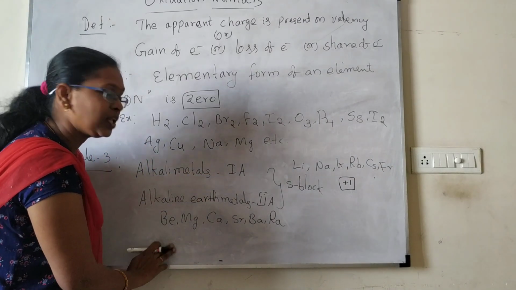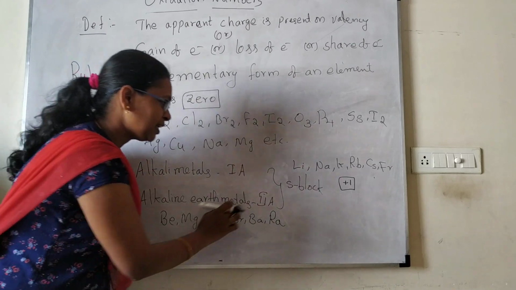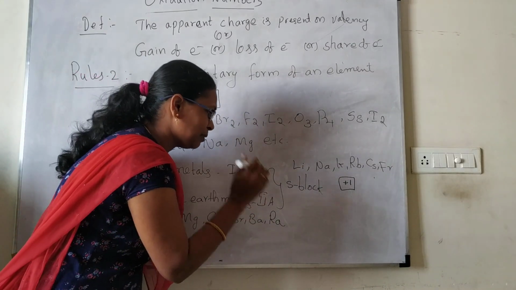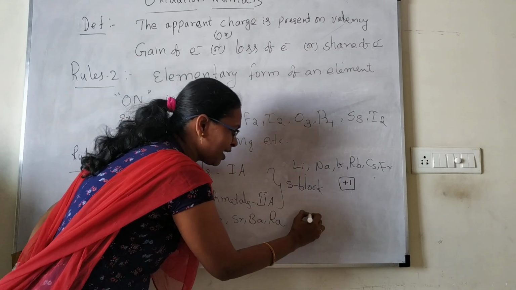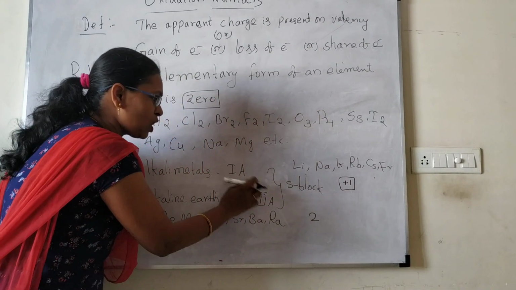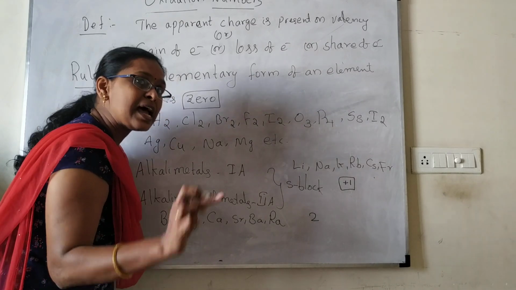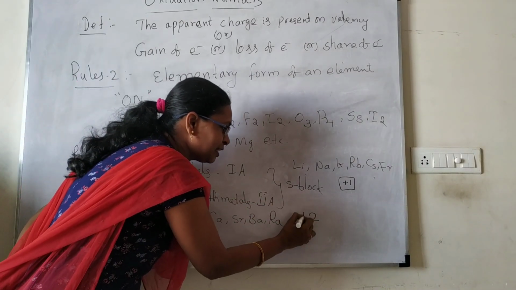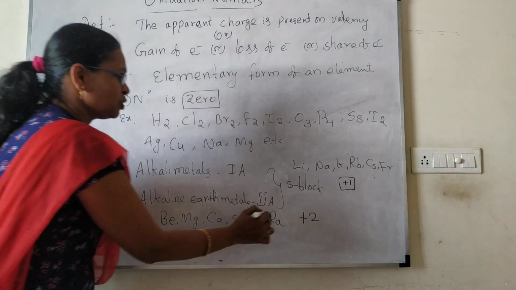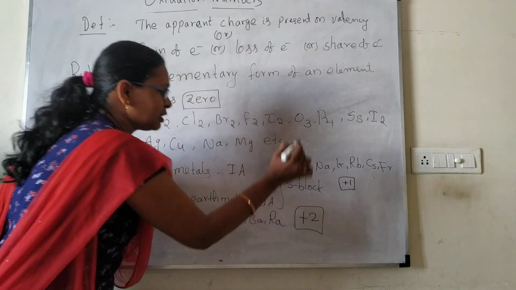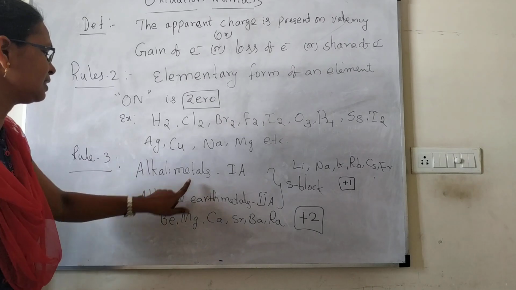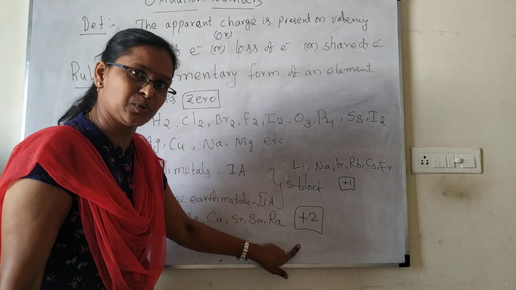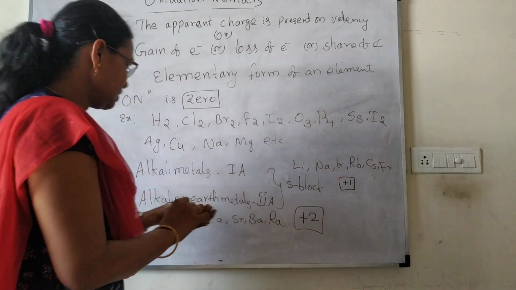Okay, so all these are metals. So here 2A group, right? The number of valence electrons is equal to the group number. We discussed already, right? So valency is equal to 2. And these all are metals. Metals are electropositive, so loss of electrons will happen. That's why here plus 2. Okay. So remember these two. This is the third rule. For alkali metals and alkaline earth metals, we have the oxidation numbers plus 1 and plus 2. Okay, so you remember this.